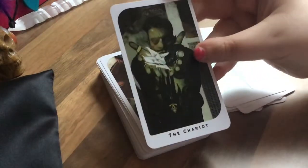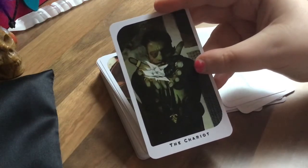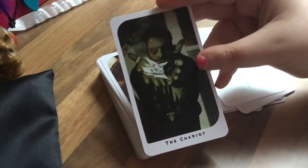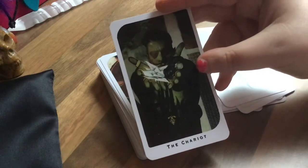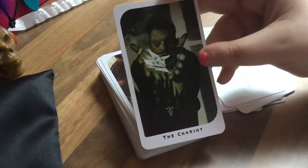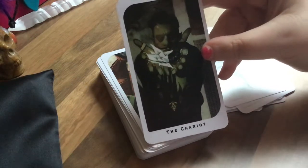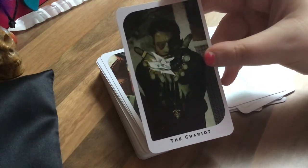The Chariot is Dorian. Again, Dorian actually makes sense for a chariot as well. Given the paths you choose during the game, this card makes sense for him because if you're a male character and you pick him as your romantic partner, this is what the card changes to, because he's giving you his heart, basically. I don't know if he gives you the flower in the game, but I know that's what it does, so it's like he's giving it to you. He calls you his Amatus, which is the language that he speaks from,